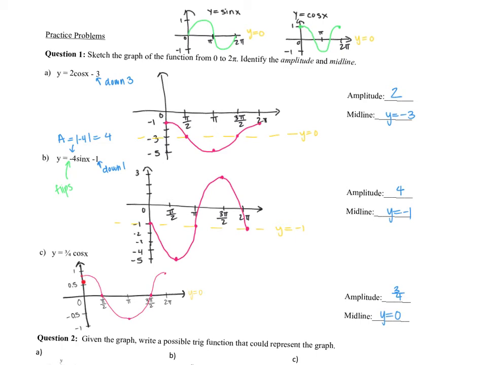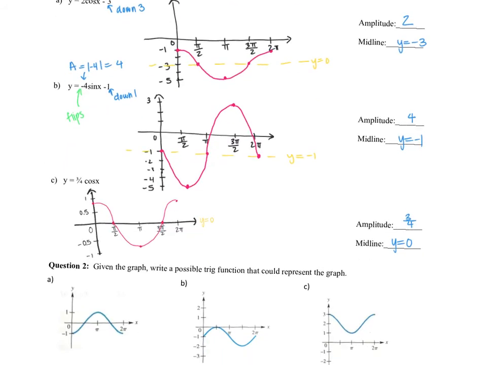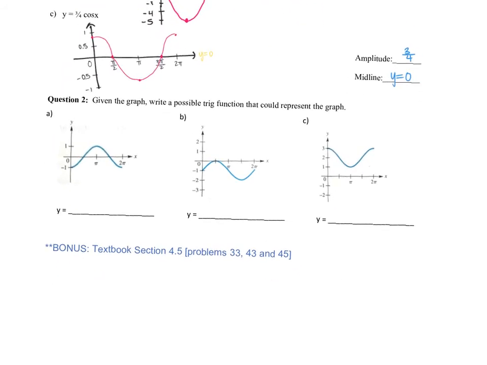It goes from x equals 0 to pi over 2 is where it's sitting on the x-axis, kind of like here. And at pi, it's the lowest point. At 3 pi over 2, it's back at the x-axis or the midline, and then back up to the maximum spot, kind of like up here. All right, so now that we've tried out some graphing, I want us to try out some